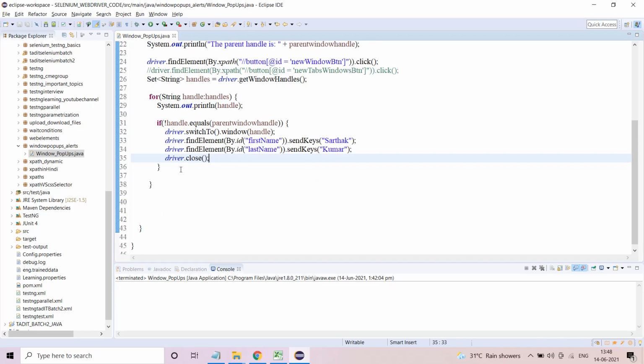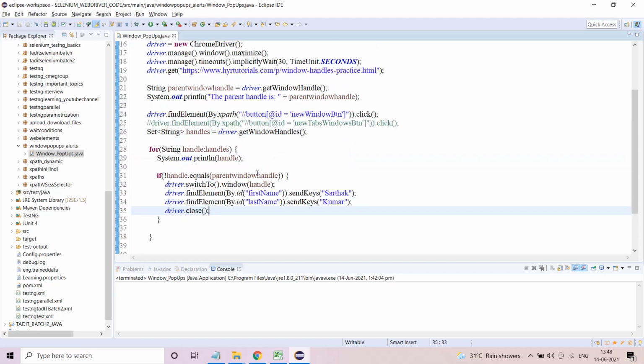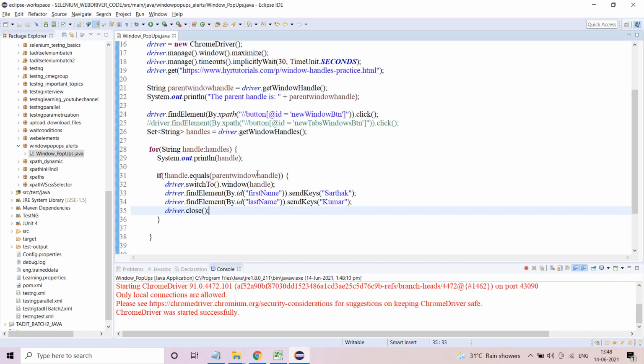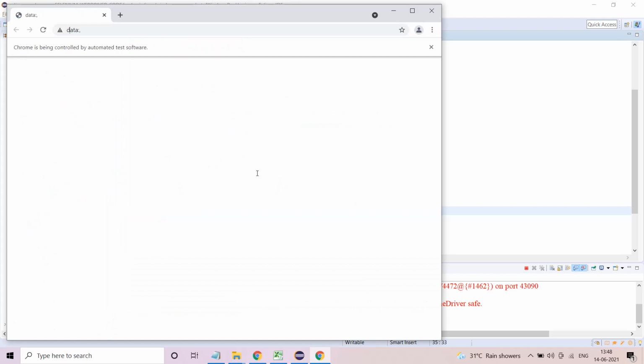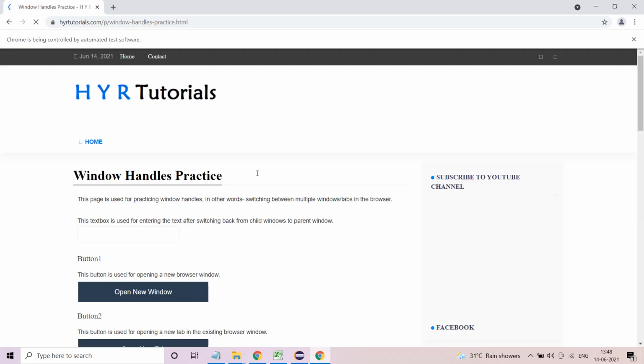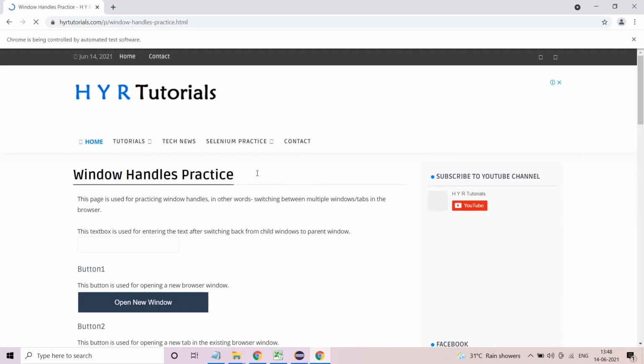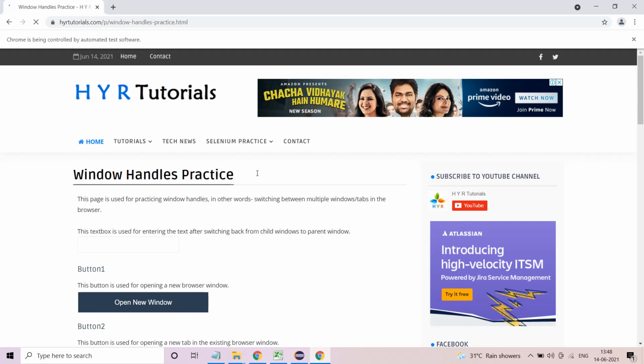Now this part is done. Okay, so let's run this particular line of code. Let's see whether it actually closes or not. So this opens, it clicks on the open new window button, so the child window will open.